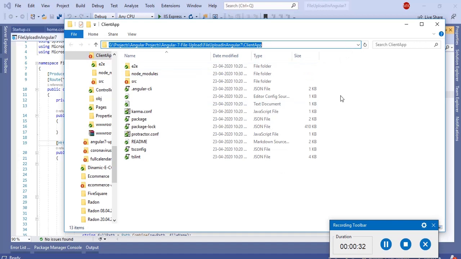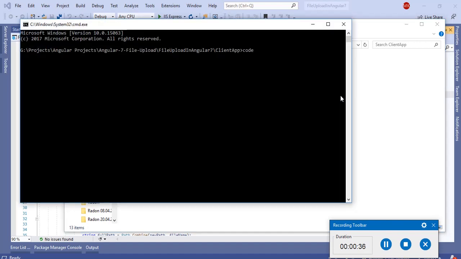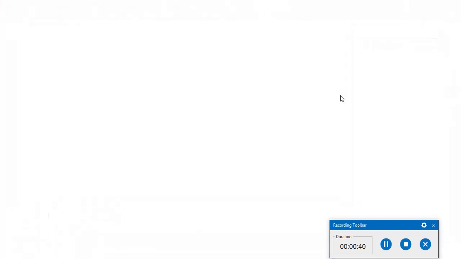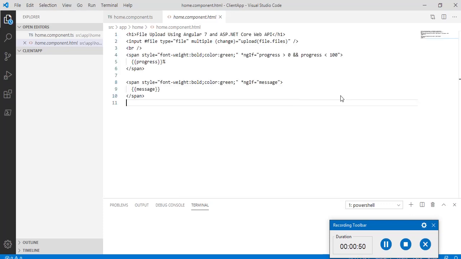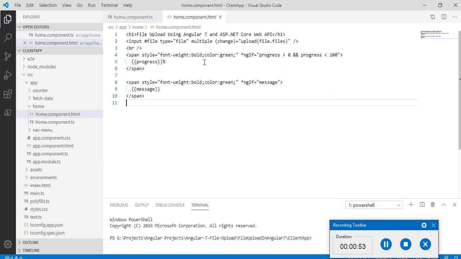Go to CMD, code. So it's a very simple project, and you can upload a file using the input file type control in Angular.